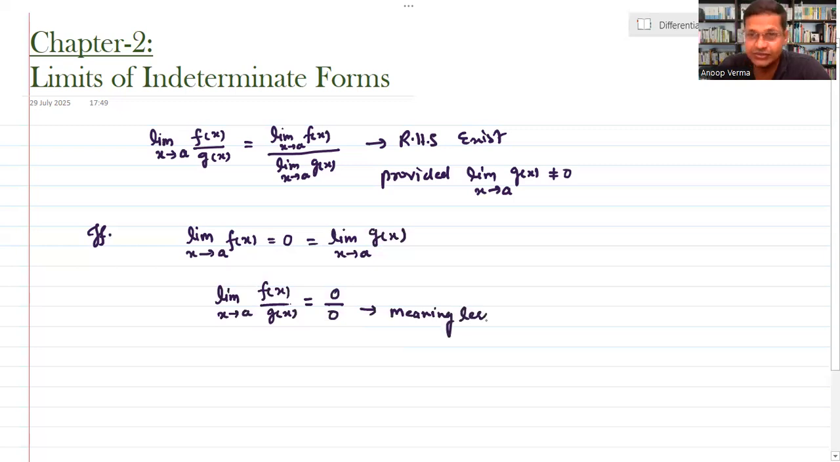Okay, so if you are going to calculate the limit of a fractional function f(x) upon g(x), and you get the 0 upon 0 form, this is called an indeterminate form. Mathematically we will say this limit is indeterminate. This expression is called indeterminate. इसको हम डिटरमाइन नहीं कर सकते।